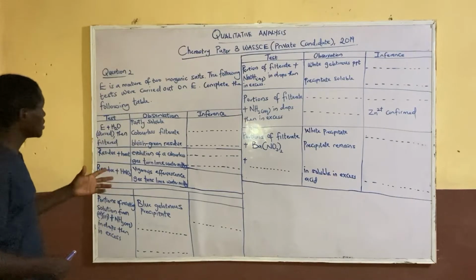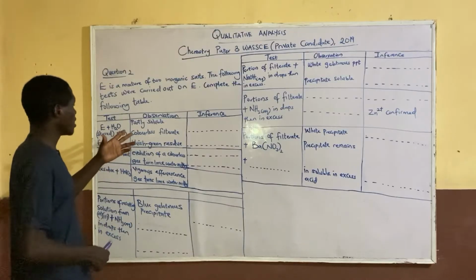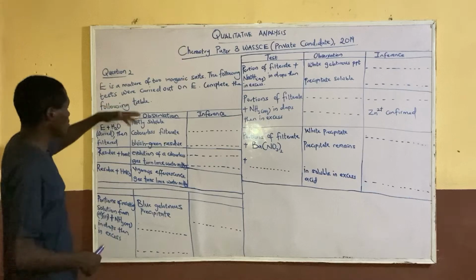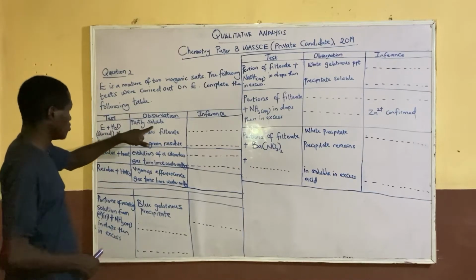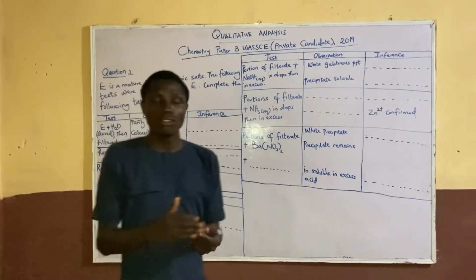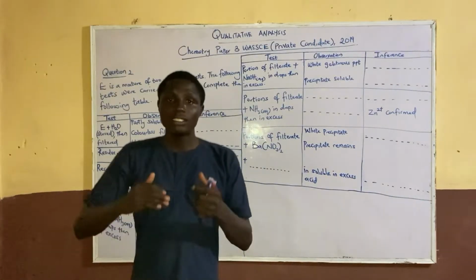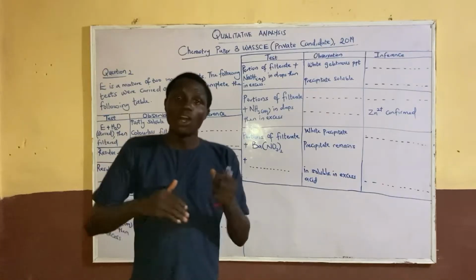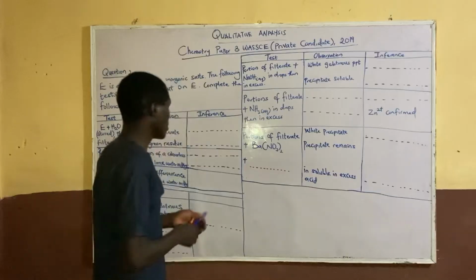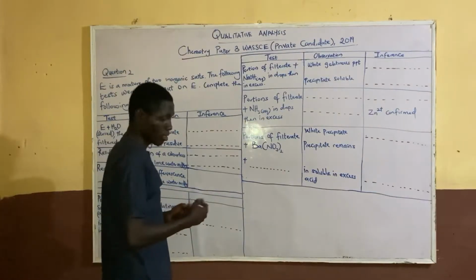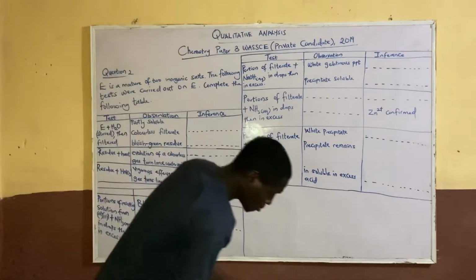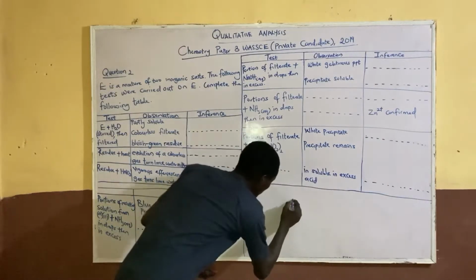So what did the analyst observe? Partly soluble. When something is partly soluble, some portion of the sample dissolves in water, while the rest is insoluble. For instance, when you have a substance that is insoluble,